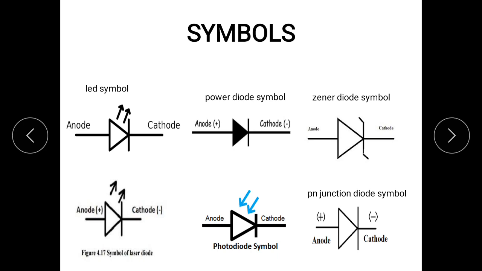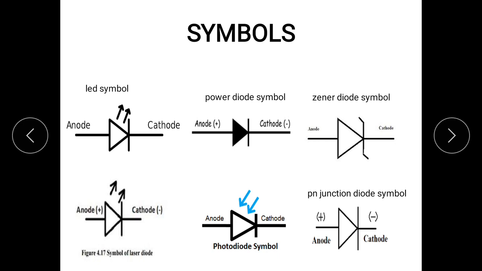Now we take the overview of this first chapter, that is semiconductor diodes. In this first chapter, we study these types of diodes. First is the PN junction diode. This is the symbol for PN junction diode. This is called the anode, that is the positive terminal. This is the negative terminal called the cathode. This standing line shows that it is the negative terminal.